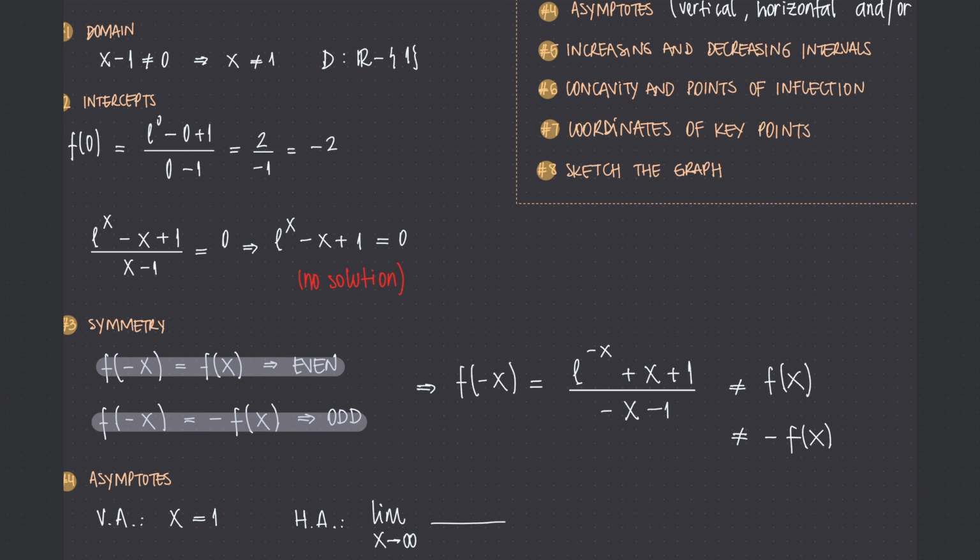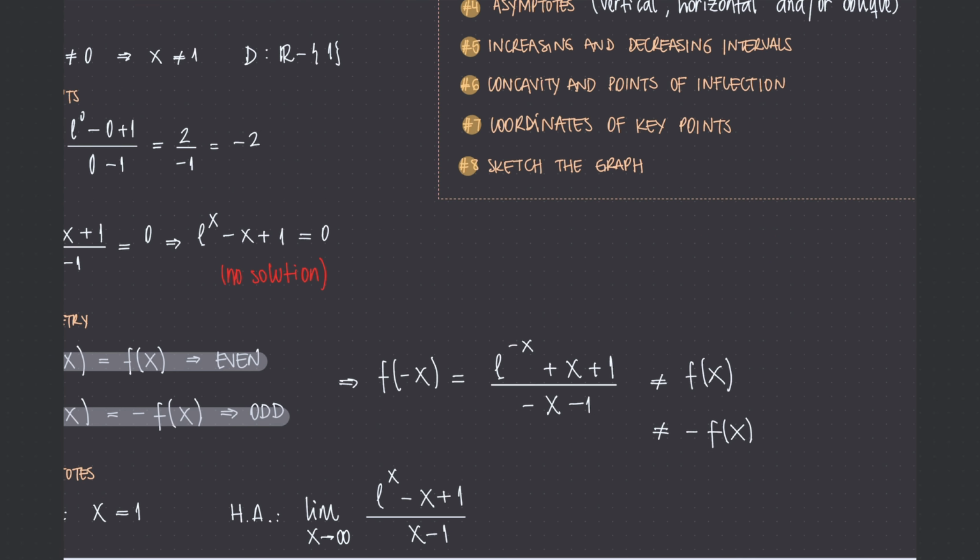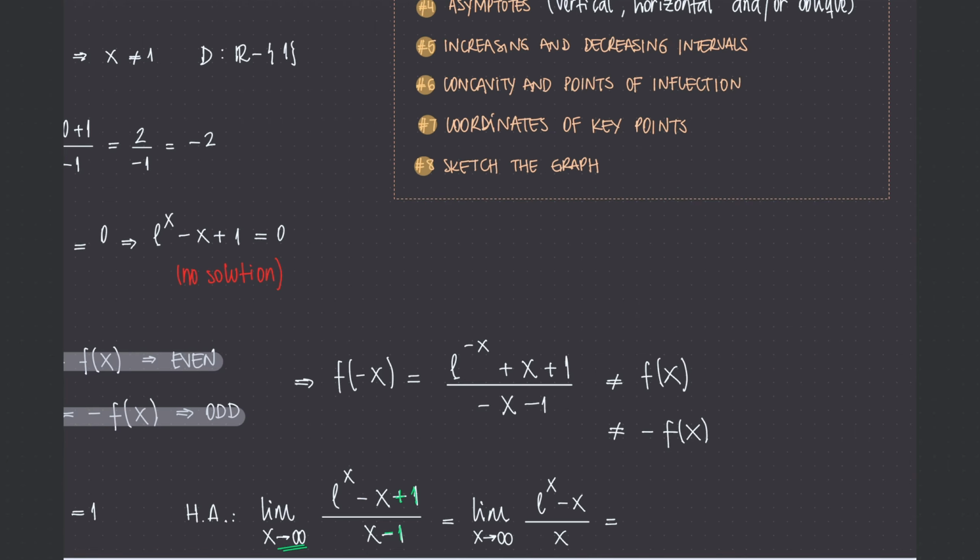We're going to start with positive infinity. So we're going to find the limit as x approaches infinity of e to the x minus x plus 1 over x minus 1. Notice that the influence of this plus 1 and of this negative 1 as x grows a lot can be neglected. Therefore, we can rewrite this limit as e to the x minus x over x, which we can break down